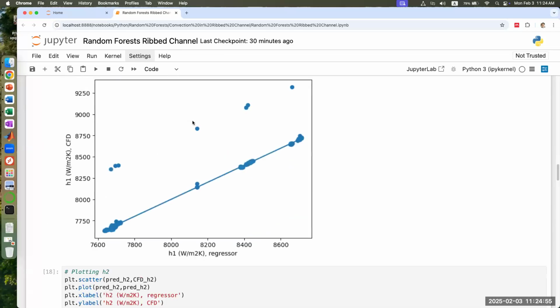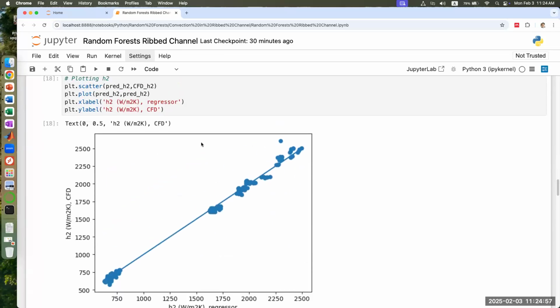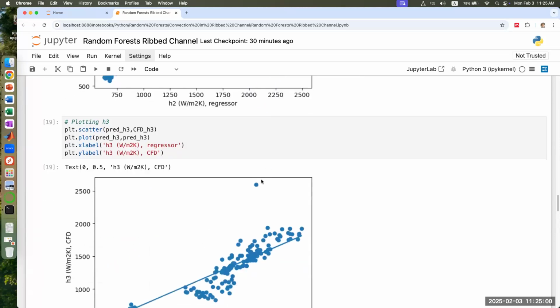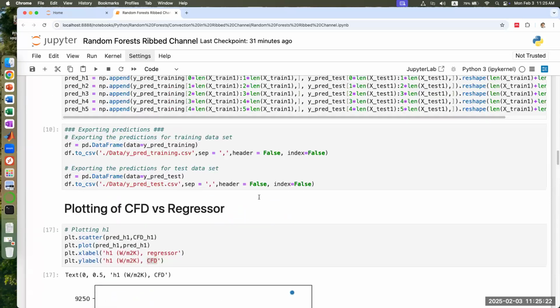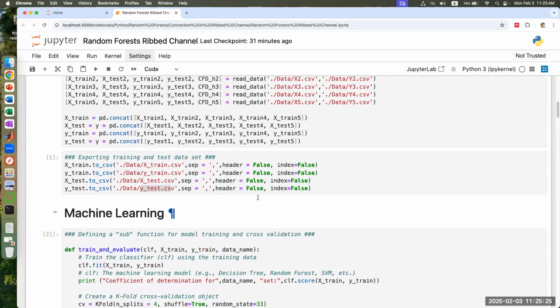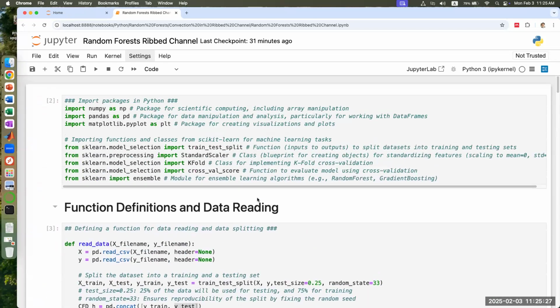While checking this value, you can also identify which channel geometry generated this outlier. So going back to your simulation model and checking the complexity or the accuracy of this outlier is really important to improve your CFD accuracy and also random forest accuracy. So this is a really brief walkthrough of the random forest model for our problem,